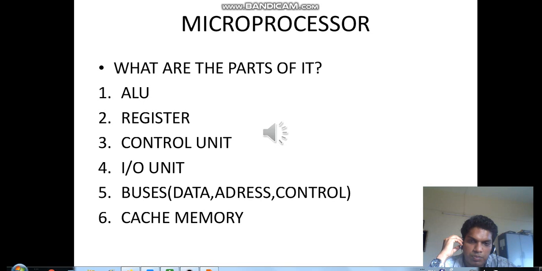Cache memory is used to store the most frequently used data. This memory is available on the microprocessor itself. It is used by the microprocessor to speed up the execution of instructions, as it minimizes the memory cycle. It removes the search process in memory, as all the frequently used data is available at the microprocessor.